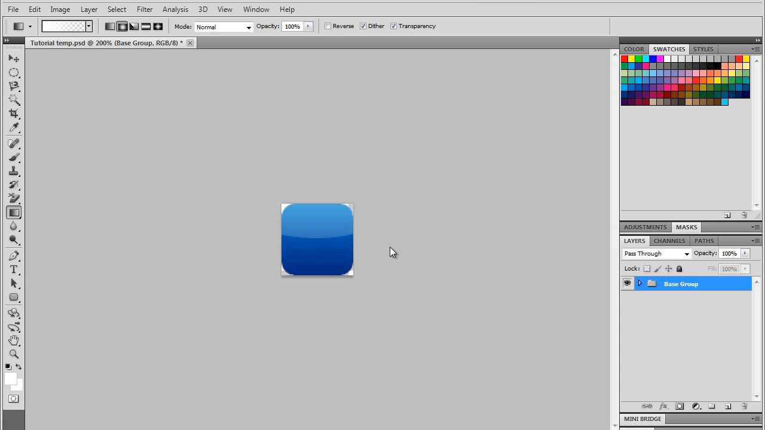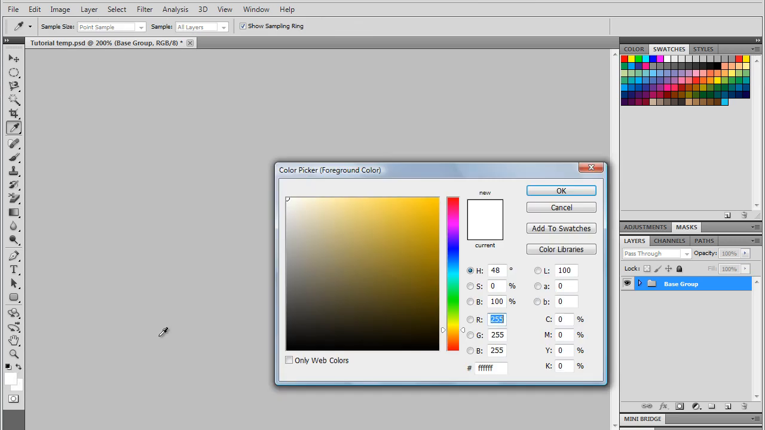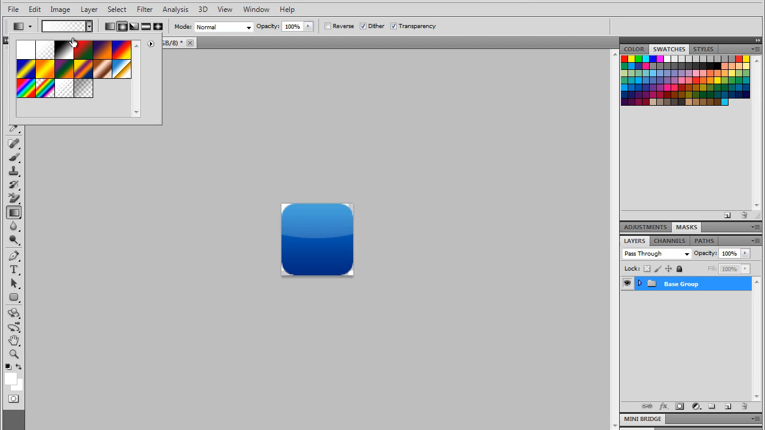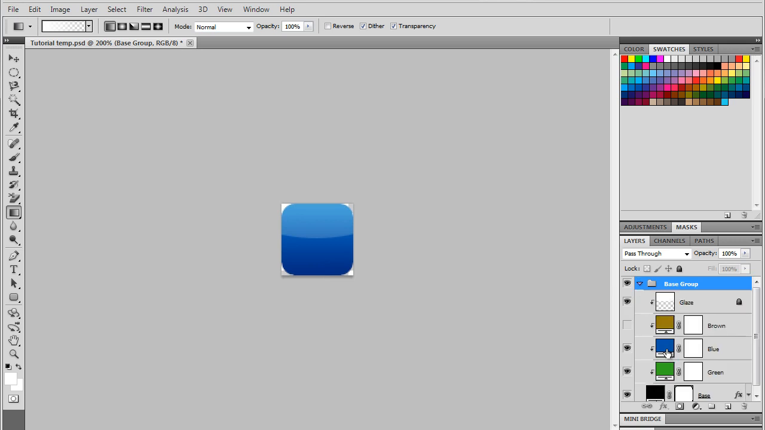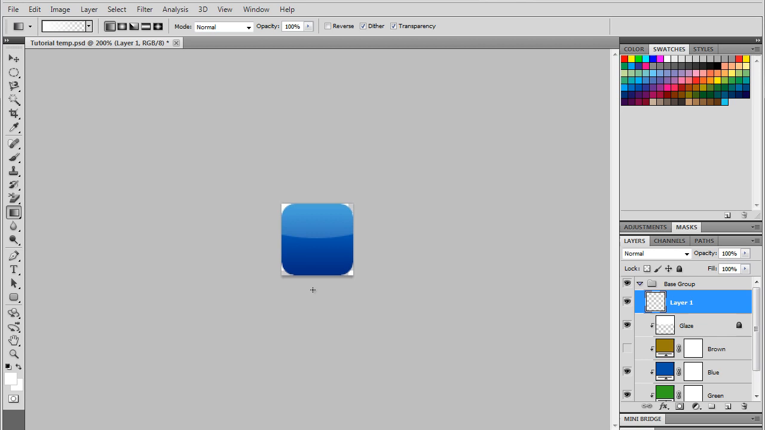But let's get started. In this tutorial we're going to be creating a bottom glow effect. And what you'll need is your gradient tool. So select your gradient tool, come down to your color picker, and select white. Then come up to here and you want white to transparency and you want linear. So come into your base group and create a new layer. And you're going to start from the base, hold down shift all the way